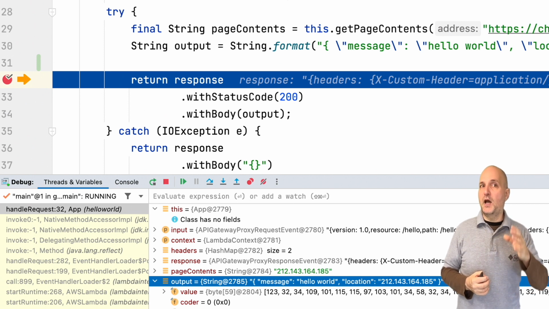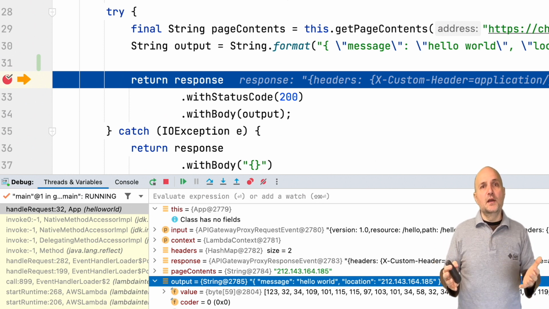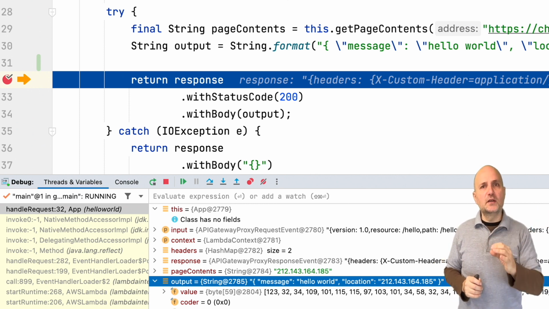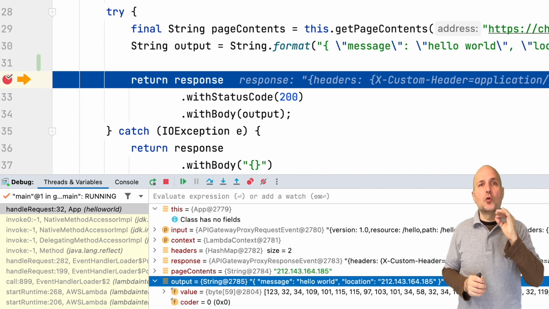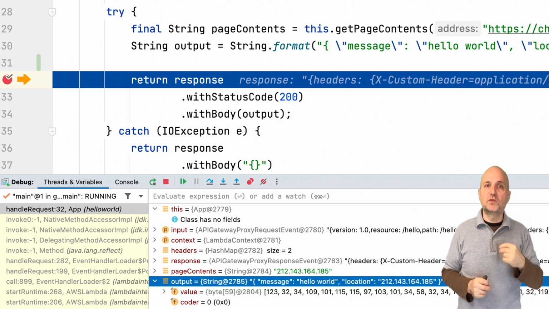The debugger times out very quickly. This is a terrible user experience because a Lambda is designed to run quickly and succeed or fail. It will take too long. The cost will be prohibitive. That's why Lambdas have a very short timeout.